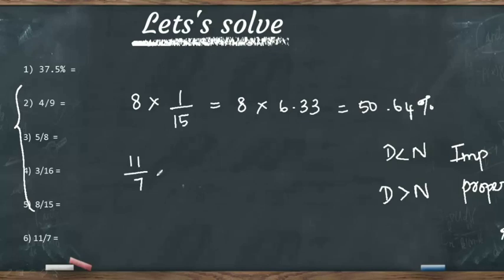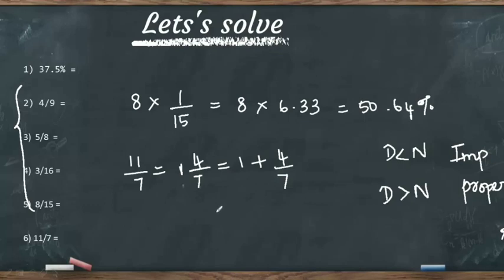I'm going to first write the improper fraction as a mixed fraction. How do you write the mixed fraction? Well, most of you know it. Anyways, I'll tell you again. How many times of 7 are there in 11? Well, we do have only 1 times of 7. 1 7s are 7 and what's the remainder? 4. So we can write 11 by 7 as 1 4 by 7. So let me just split and write it as 1 plus 4 by 7.